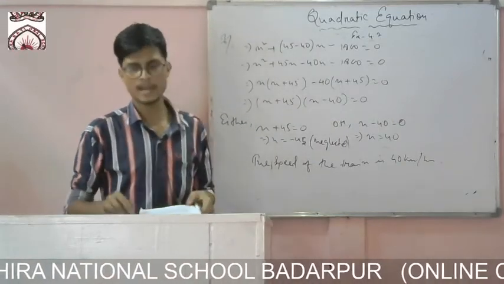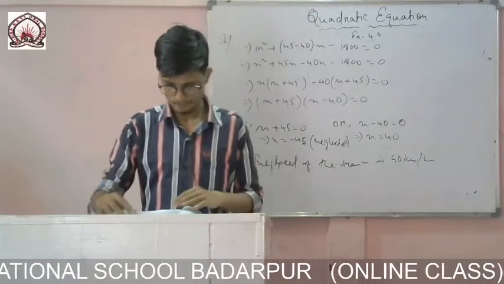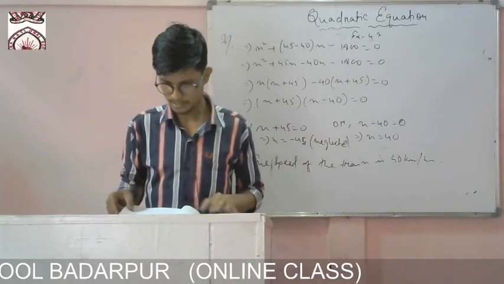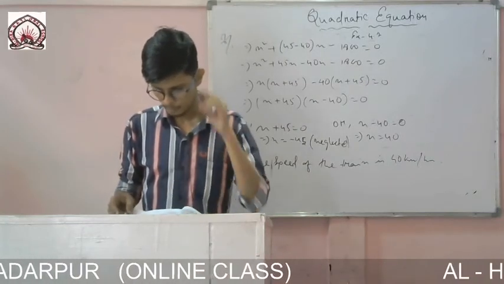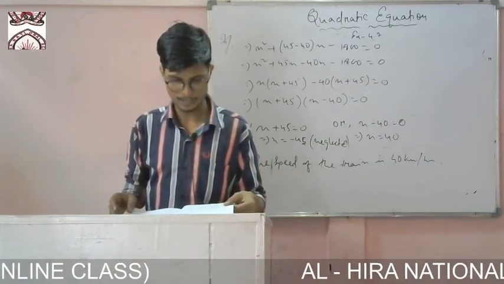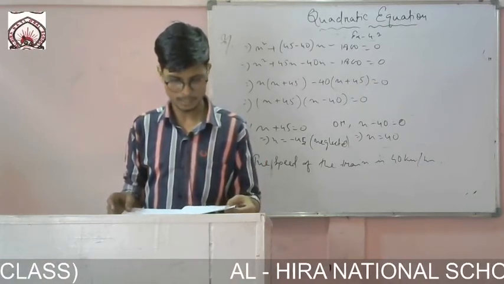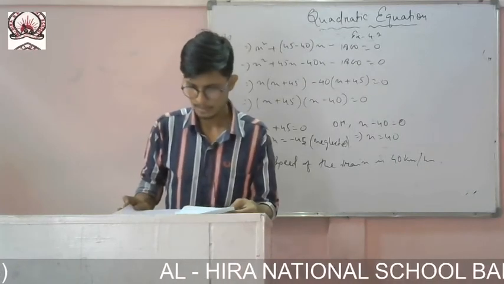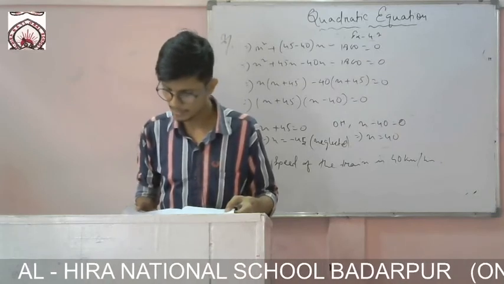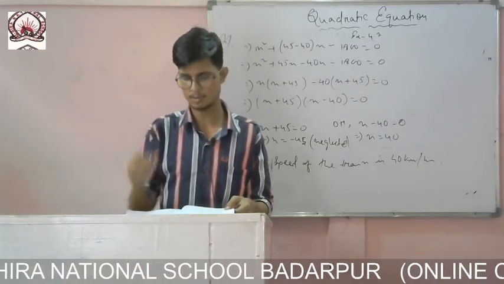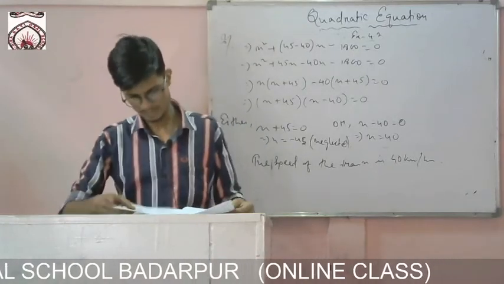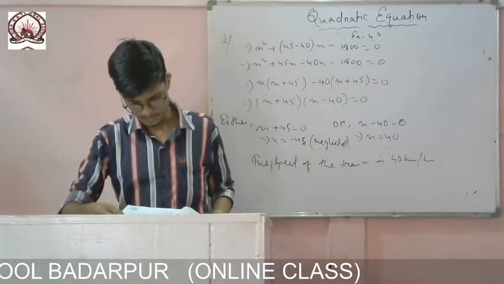So this is the end of today's class. Tomorrow we will be discussing from question number 6, and some examples are there, that one also you will do. Before leaving the class, see example number 13 and 14. We have done them the same way. Example 13 by using the quadratic formula, and example 14 by whatever method you like, whether quadratic formula, factorization or completing the square. It is up to you.